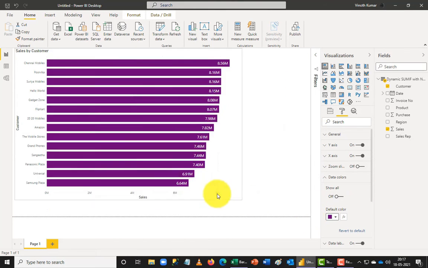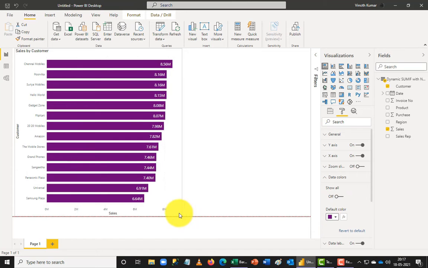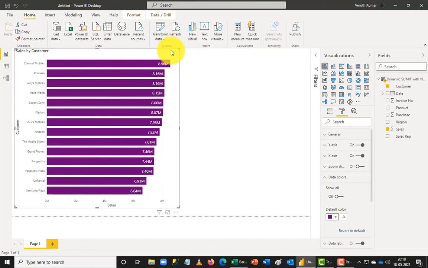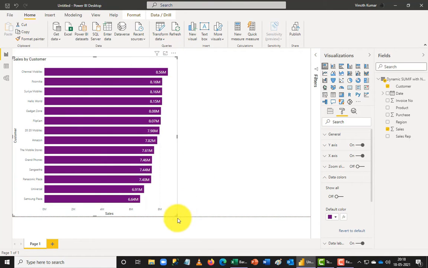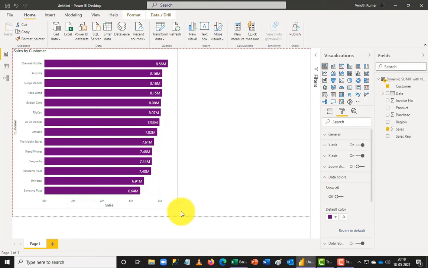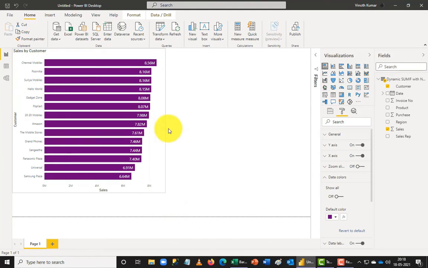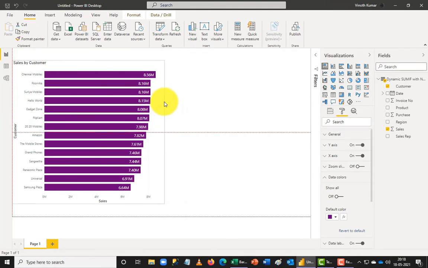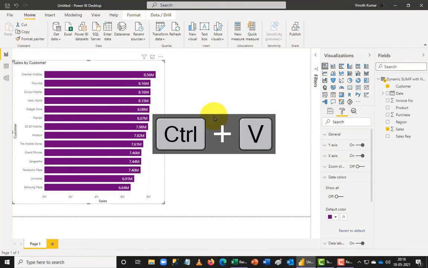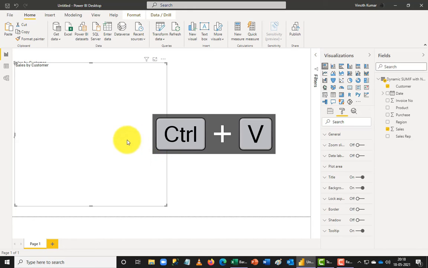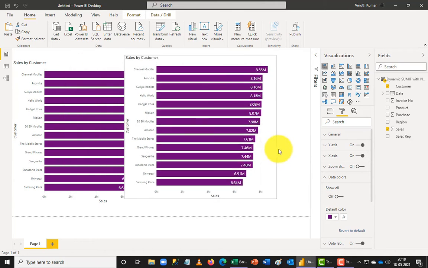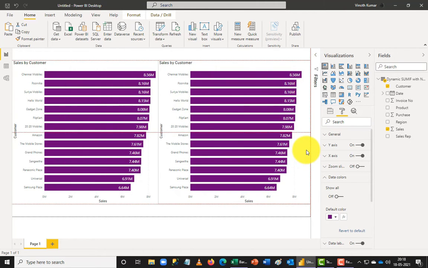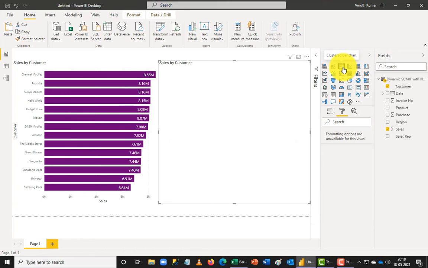So let me just reduce the bar chart size a little smaller. So now I got the list. So now I want to change this bar chart from a stacked bar chart to a clustered bar chart. To do that, I'm going to copy and paste this. So I'm going to say copy and paste this one more time. Then you can see automatically I have the second option coming up here, typically like our normal office applications. And instead of a stacked bar chart, I'm going to just change this to a clustered bar chart.